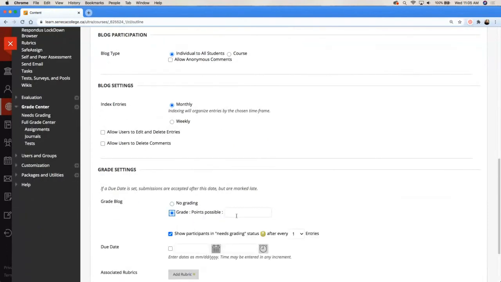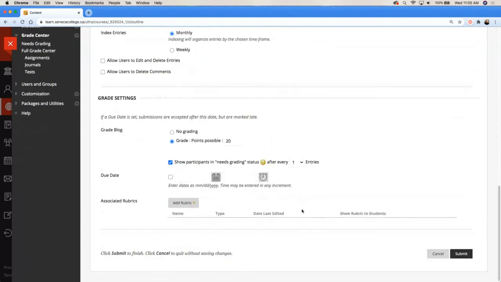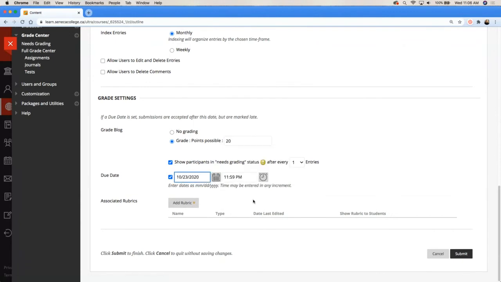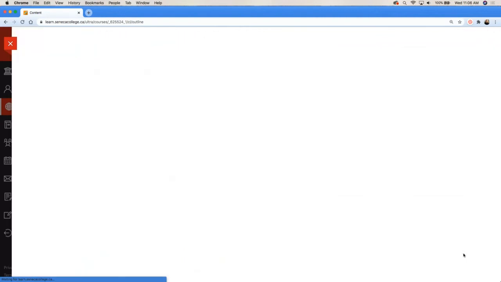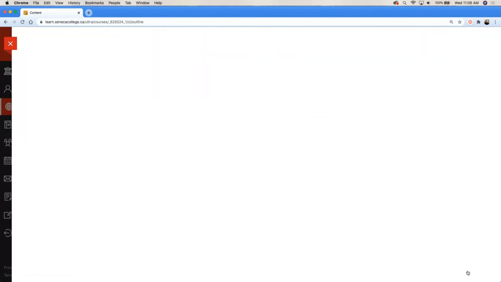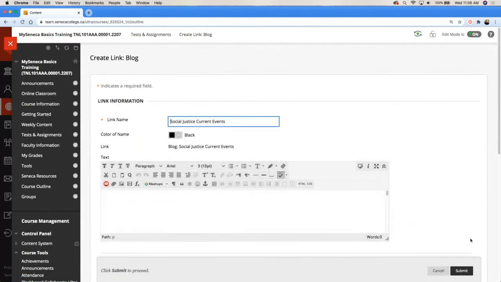And again, the grading is very similar. If they're going to do 10 blog posts, maybe they get a couple of marks for each, and then you can just put the points possible there. Do you want to see it every week? Probably for this type of thing, so I can see it after every one entry. You've got your due date again, available to you, and then you can add a rubric. So kind of similar look and feel as a journal. And again, we've created the assignment. Now it's saying, do you want to deploy it? And yeah, I'm just going to say next, and I want you to launch the actual